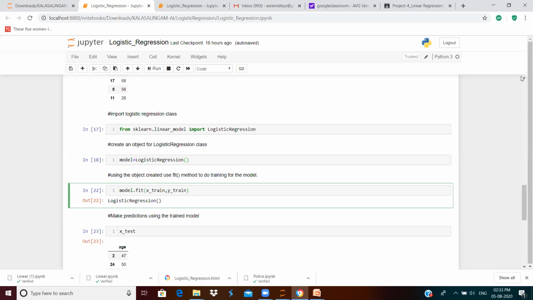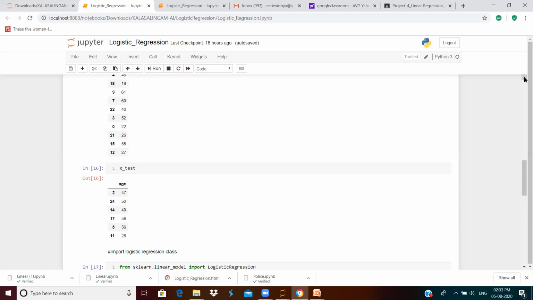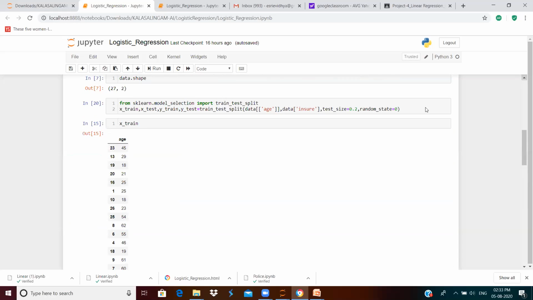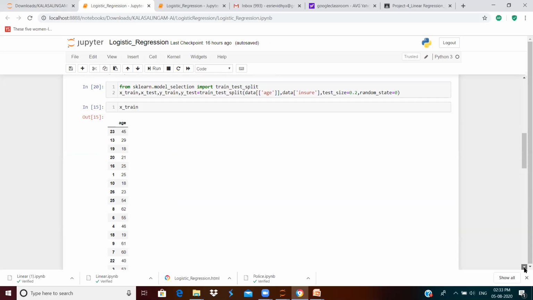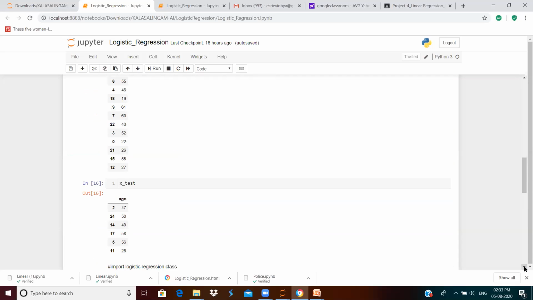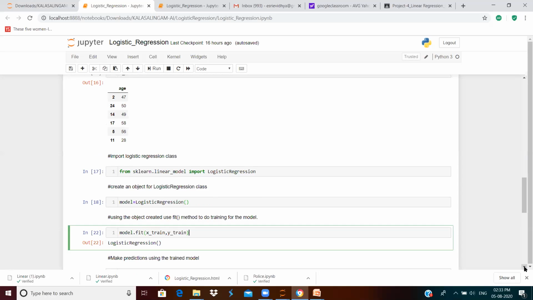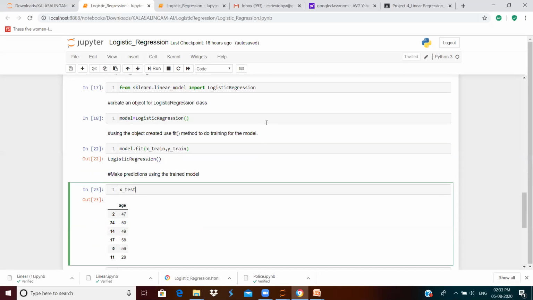So the training data set has been returned in these variables, right? The training data set has been returned by the train test split function into these variables. So you're going to feed in the training data set with proper variable names, right? With proper objects which have been created. So here the model is trained, and now once the model is trained, you can make predictions using